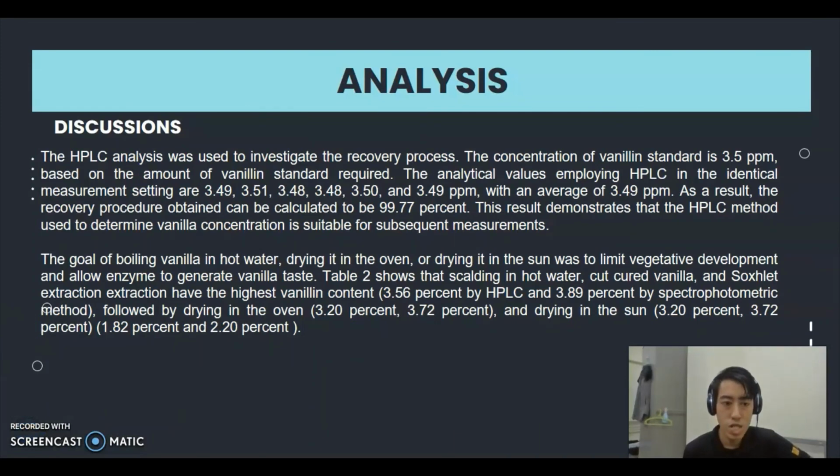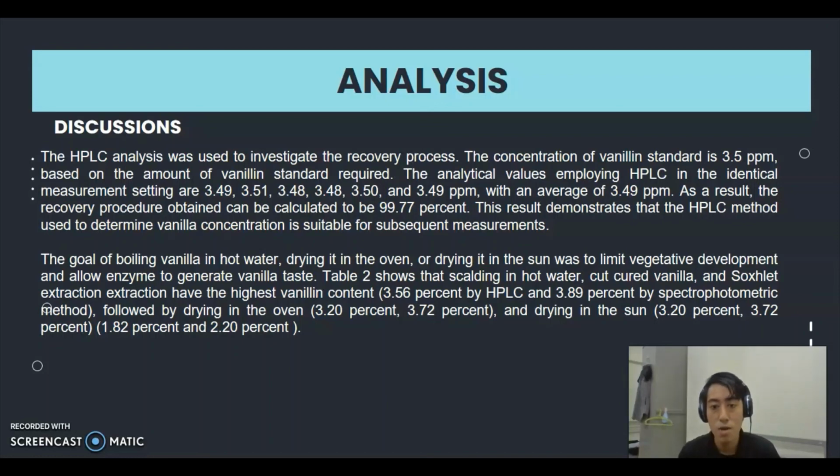For the discussion part, the vanilla has been exposed to various high temperatures using various methods to limit the vegetative development and to allow enzymes to generate vanilla juice. This can be seen through table 2, which shows that different temperatures with different methods have different results. For example, scalding in hot water, cut cured vanilla, and Soxhlet extraction method have the highest vanillin content, which is